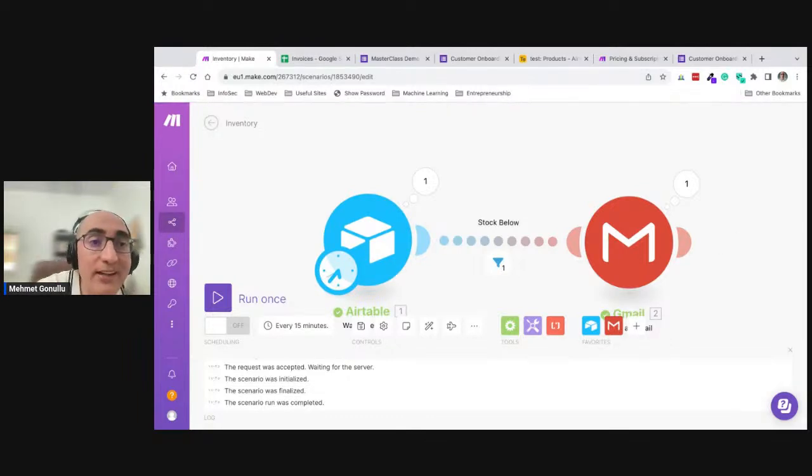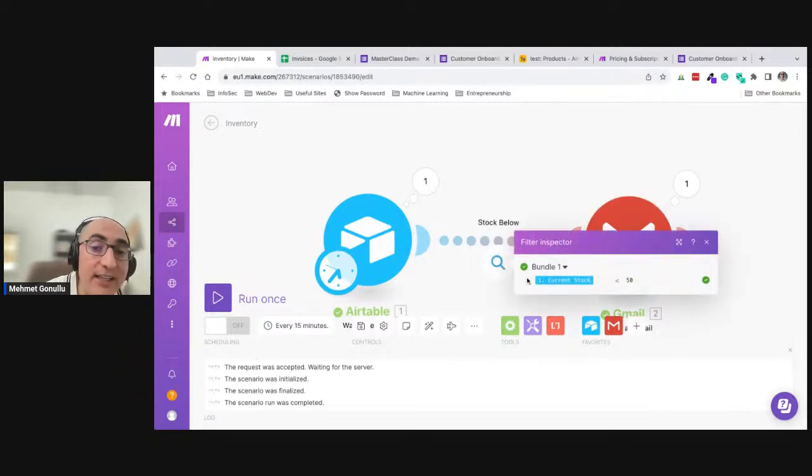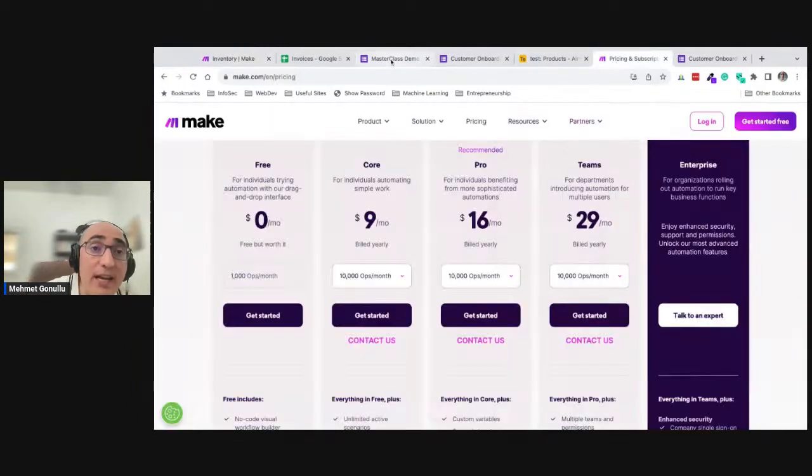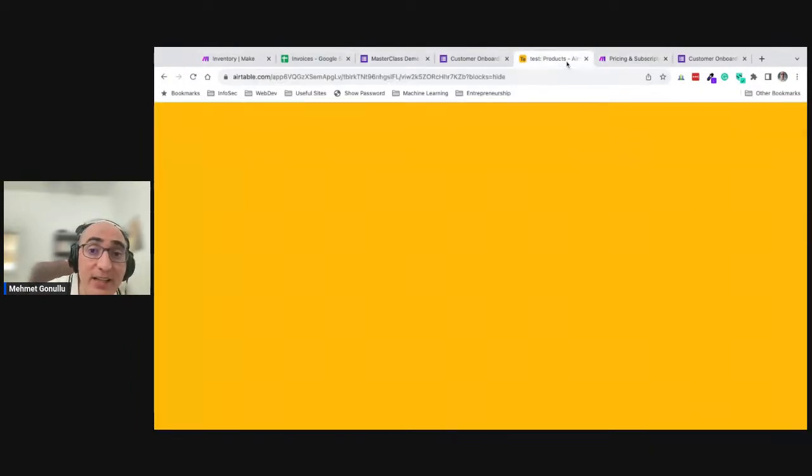So what we do here is just track an inventory, based on a threshold that you choose. By the way, this number 50, I can also save it as a variable, and you can control this variable as well. So instead of making it static, you can make it dynamic. It doesn't have to be one fit for everything, because what you can basically do here in the database, you